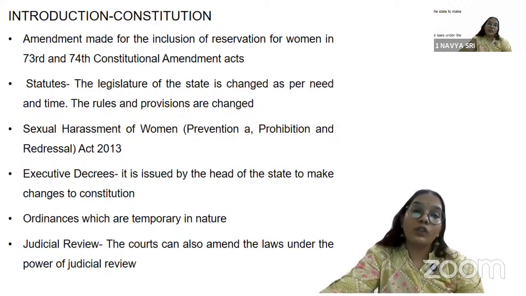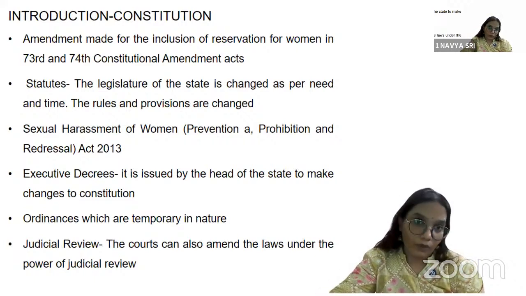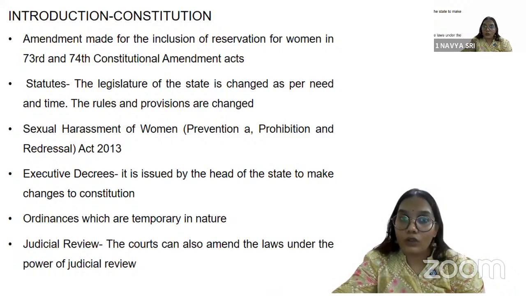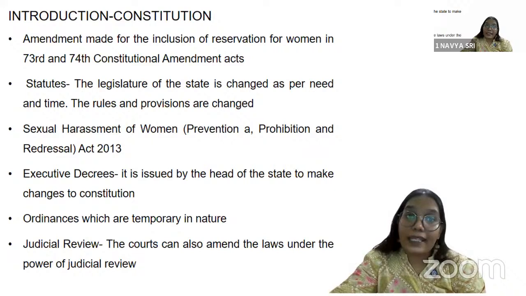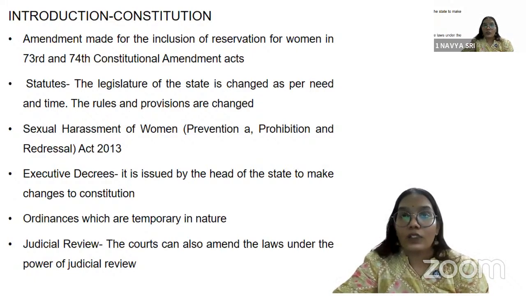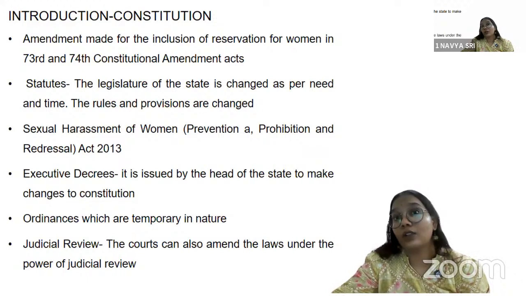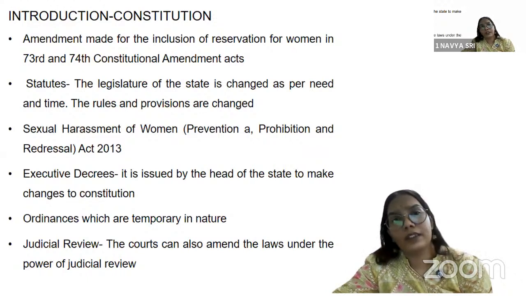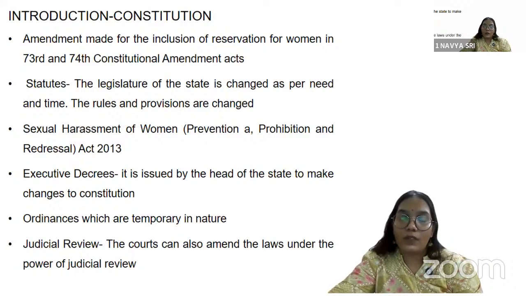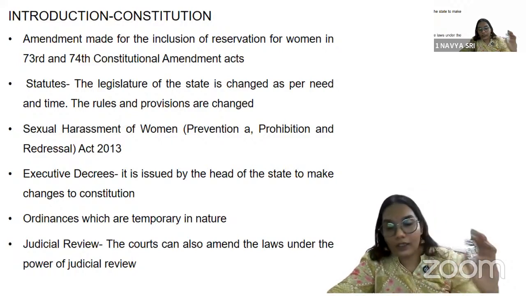And through judicial review, the court can also strike down laws under its power. How? Because the courts are the guardians of the Constitution. They are there to safeguard the constitutional document, and to protect and preserve the fundamental rights of any citizen. So once the court sees that a law, an executive order, any ordinance or any amendment made by the government goes against the basic structure, which has been implied through the Kesavananda Bharati case,